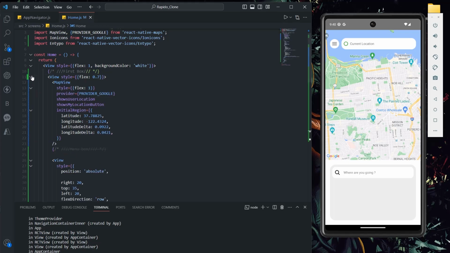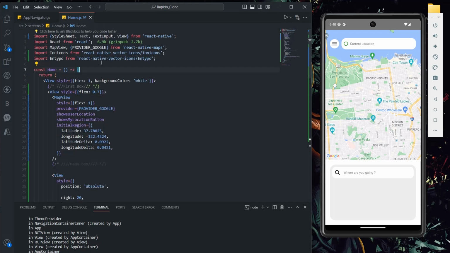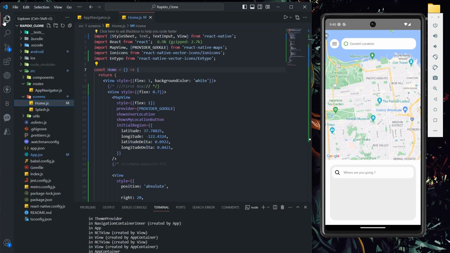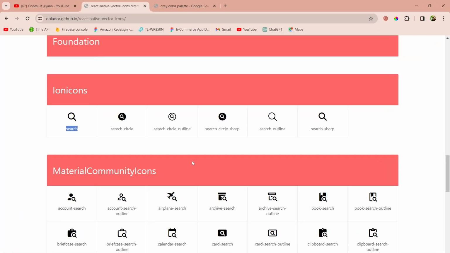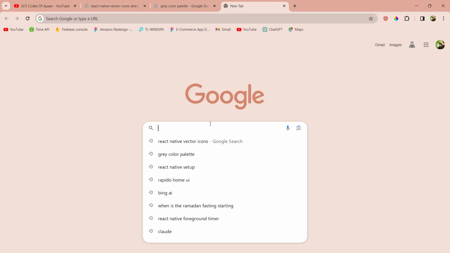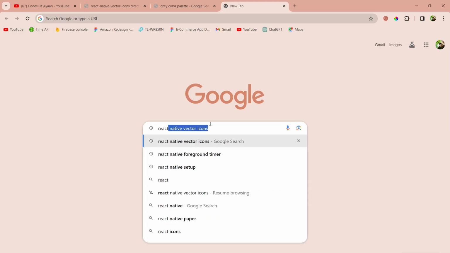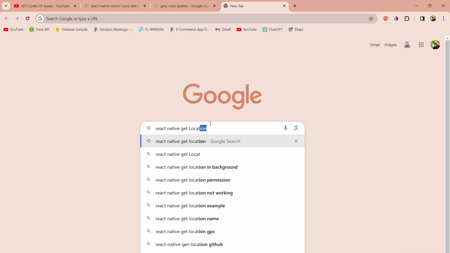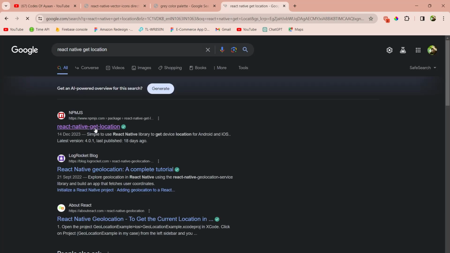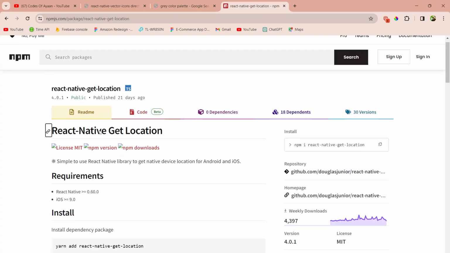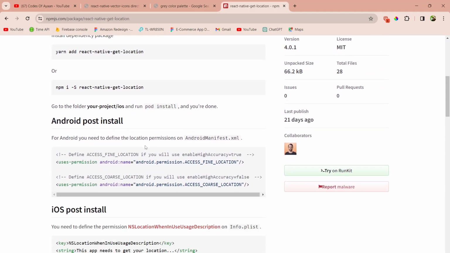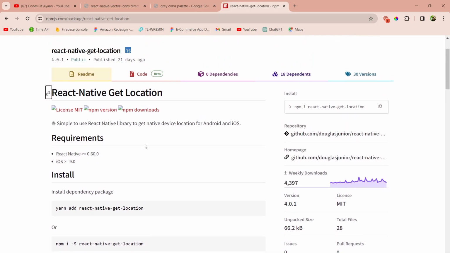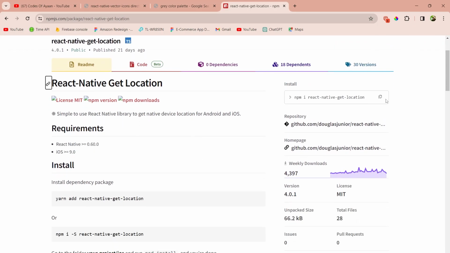So to do that, let's see, there are basically two packages we can use to get the user's current location. React Native Get Location, I guess it's one package, and React Native Location Service. There are two packages basically, so it's up to you which package you want to use. So right now I'm going to use this package. Okay, so all you have to do is simply copy this line,